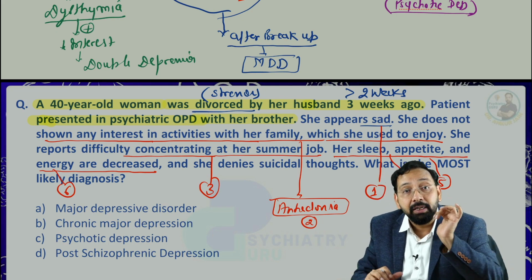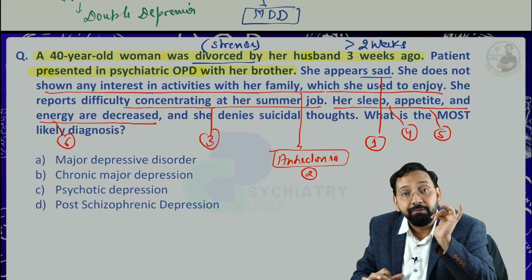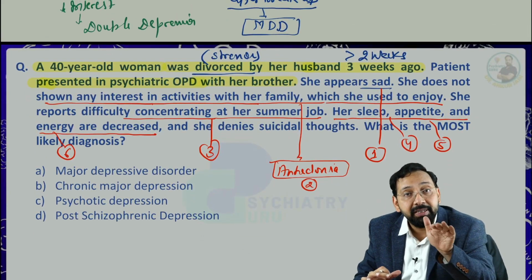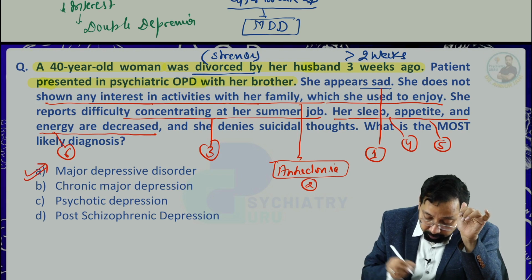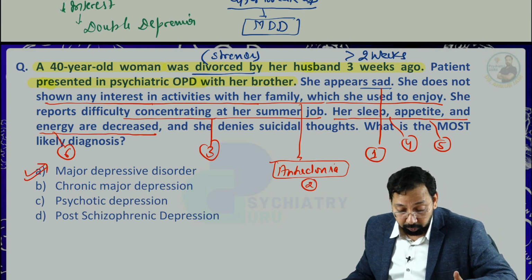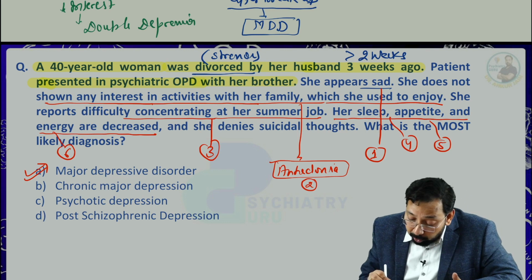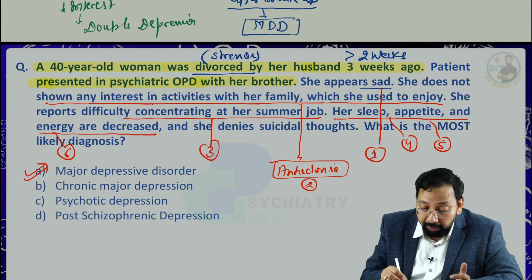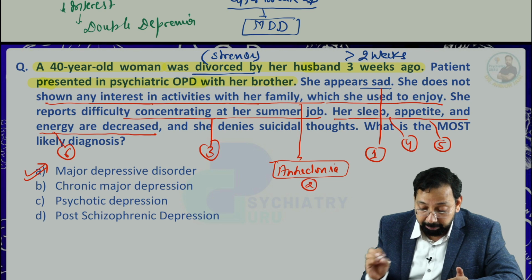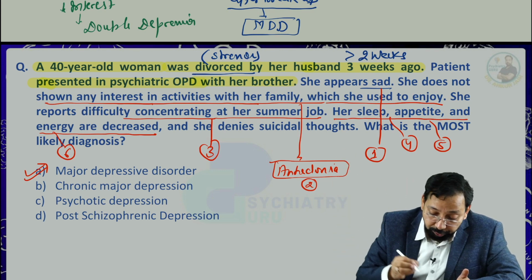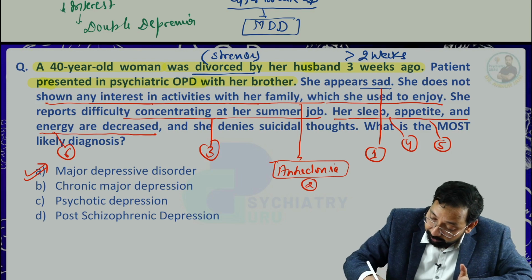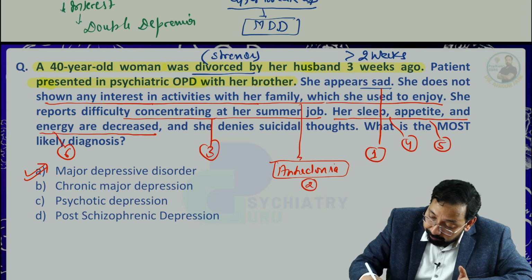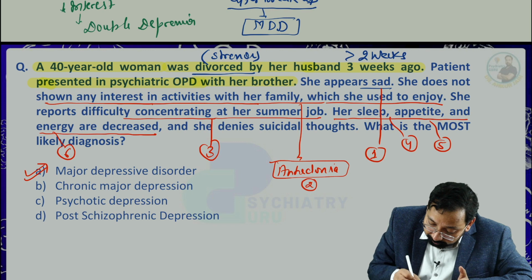In spite of the subjective stressor being there, we will not say this is adjustment disorder. This is depression. This is major depressive disorder. In this patient, all the criteria of depression are fulfilled after the subjective stressor, major depressive disorder. In this question, if I change only one word, the answer would change. Look at the screen. Yes, if I change only one word, if I change this, energy is normal,